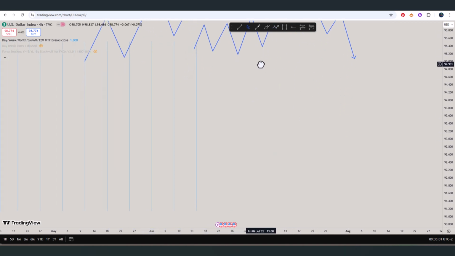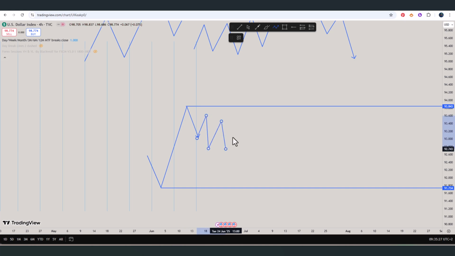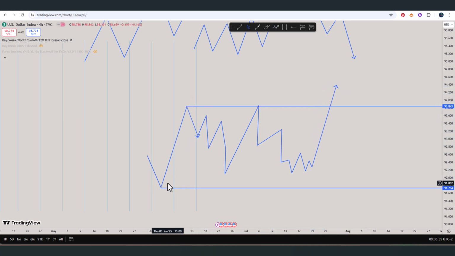And how do you read market structure so that you are not confused? I want you to focus on two points. When market structure is being studied, what you have to focus on is the impulses. After focusing on the impulse, you have to understand that you are just focusing on the high and the low. After focusing on the high and the low, anything that is going to happen inside here will not matter. It can be anything like this, it can be anything like this, as long as we haven't taken out any of these highs and lows. Then this one that is happening here does not matter, and this has to be treated as consolidation